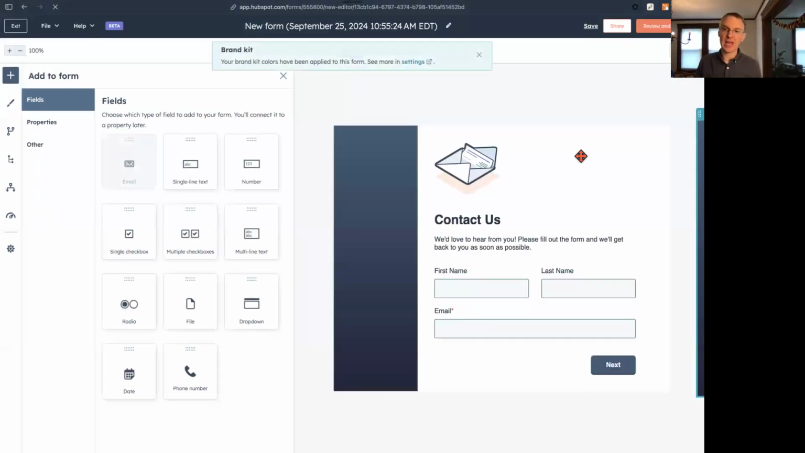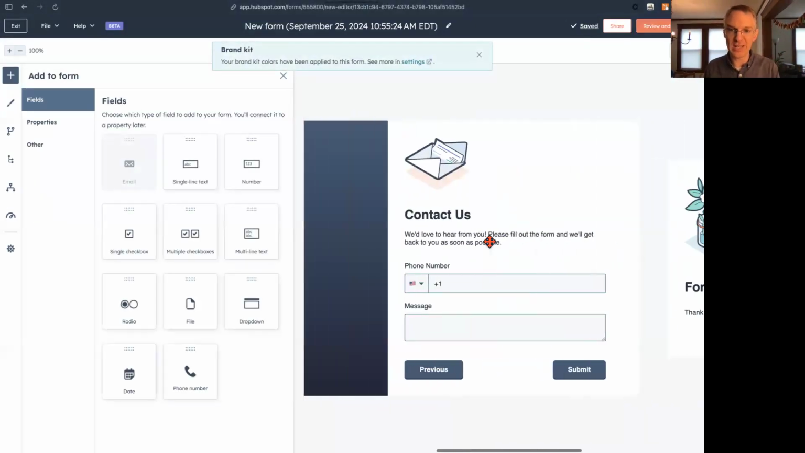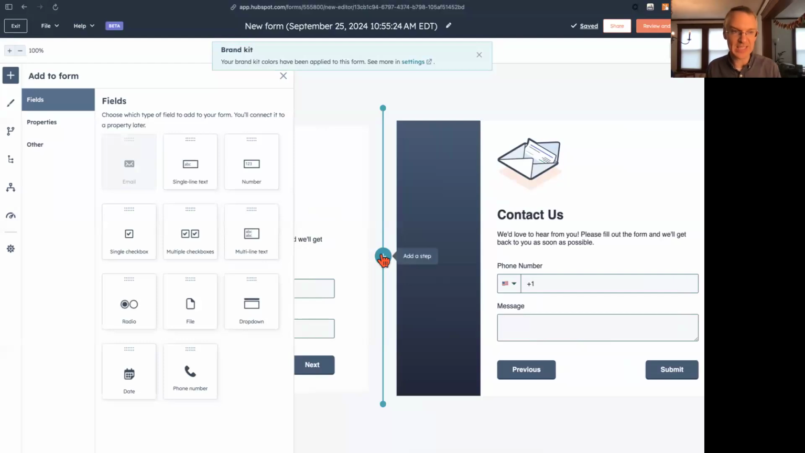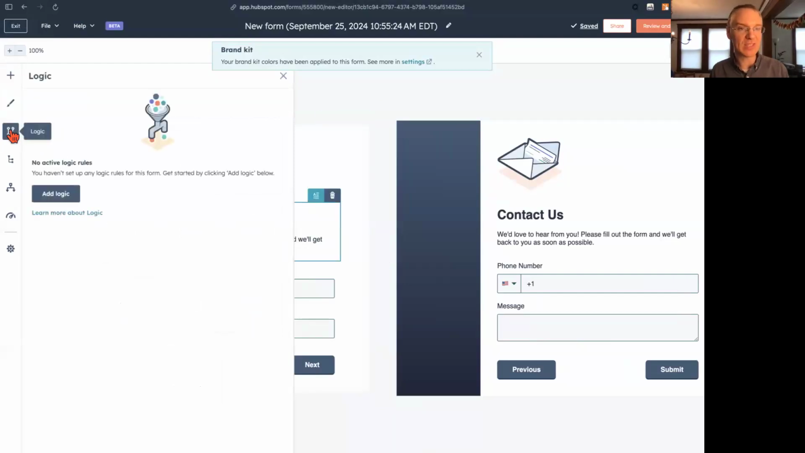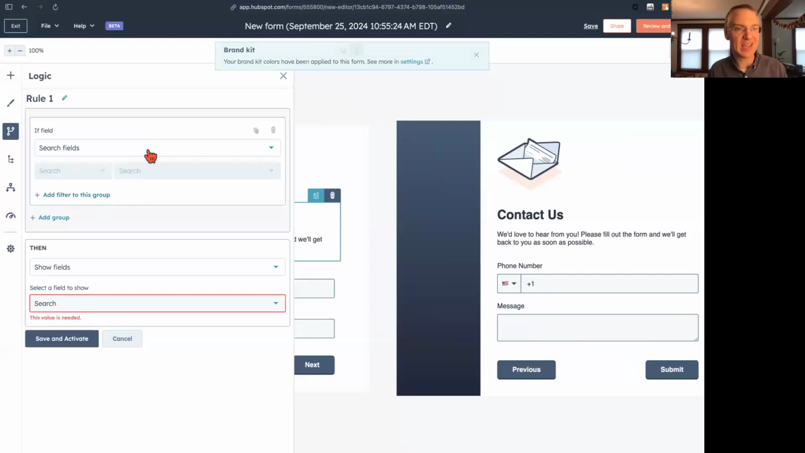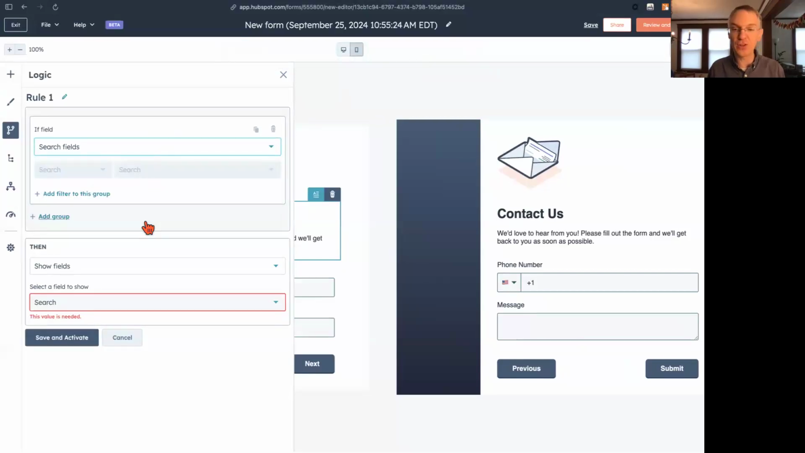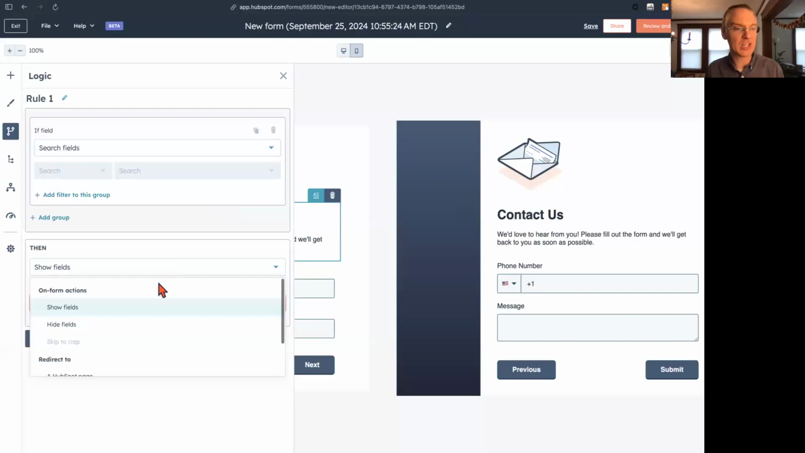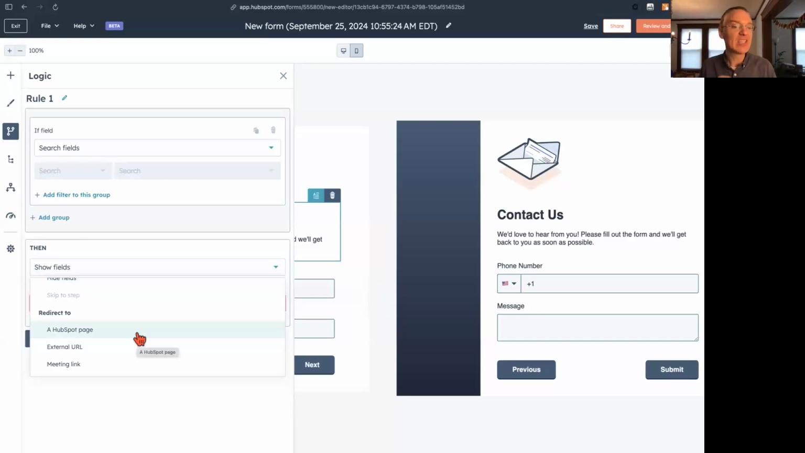I mentioned multi-step, right? You start out and it's multi-step by default, and you can add steps in between. Once you've got your steps all set up, you can do a bunch of logic, like when certain fields are filled in with a particular value. Do you want to show or hide fields on subsequent steps? Do you want to skip to a particular step? Or at the end, when the form is submitted, do you want to redirect to a HubSpot page, external URL,